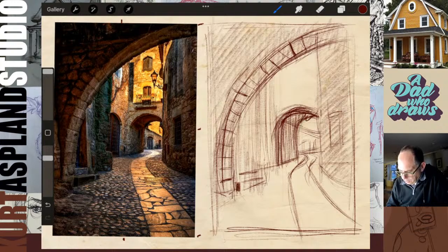Get these little details here, that corner of that, which looks like a piece of wood. And of course this bottom, you have three different values here. The one that's kind of facing us, the corner. Okay, then it's going to come back and